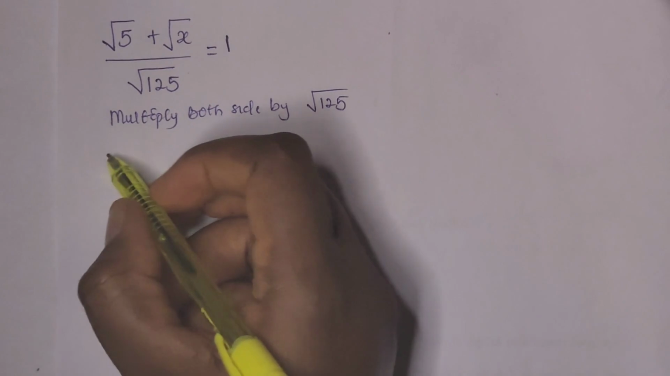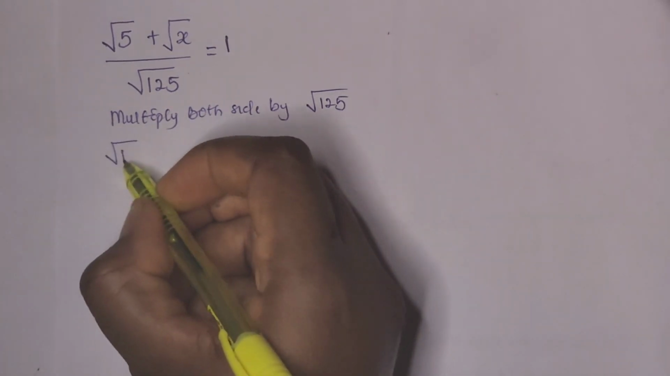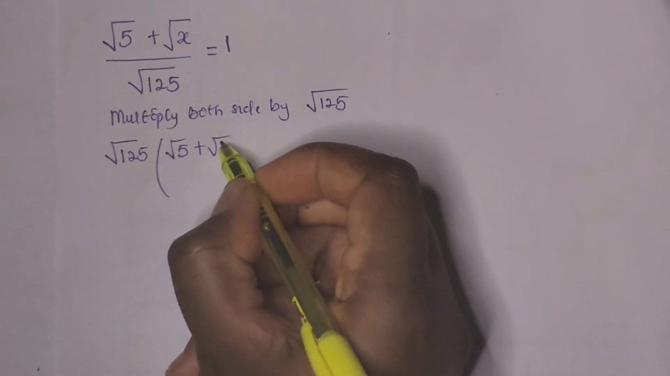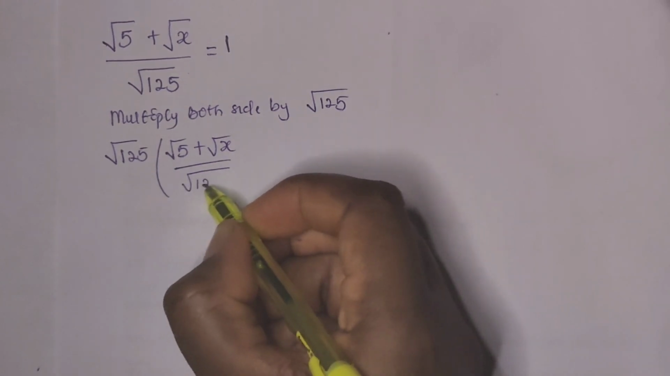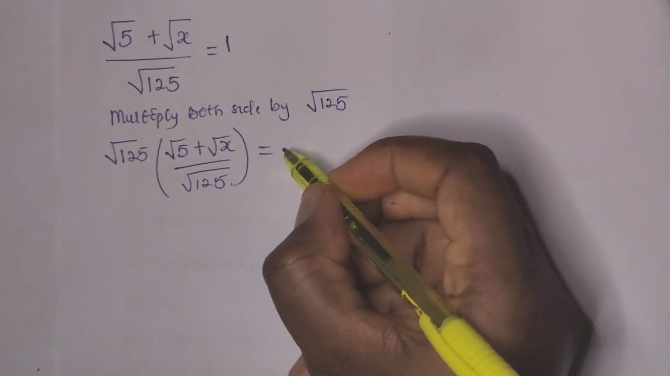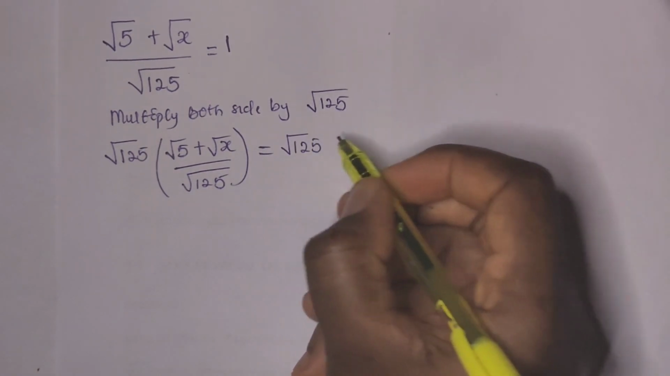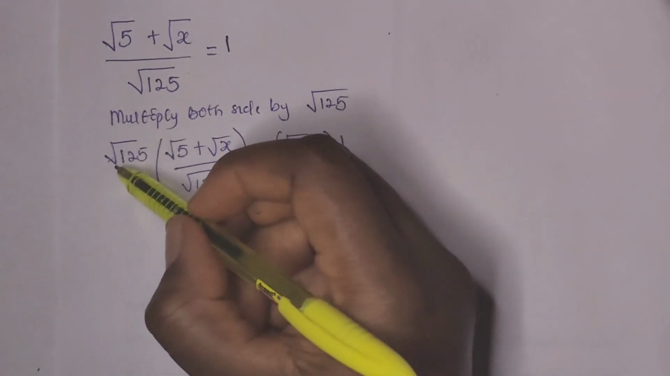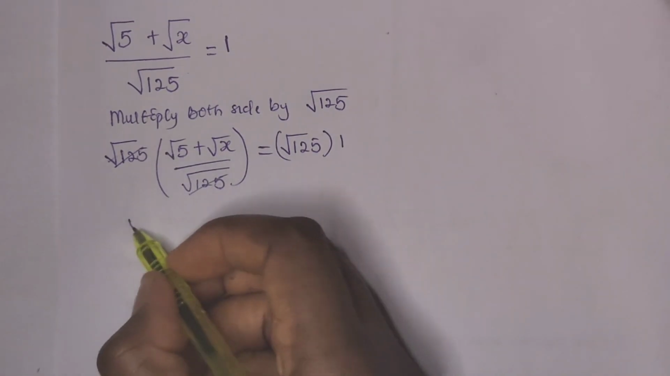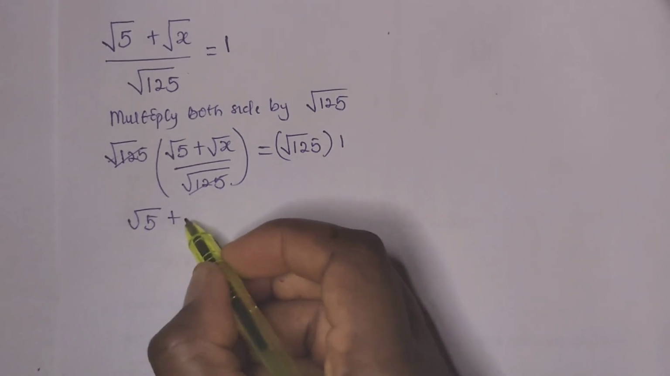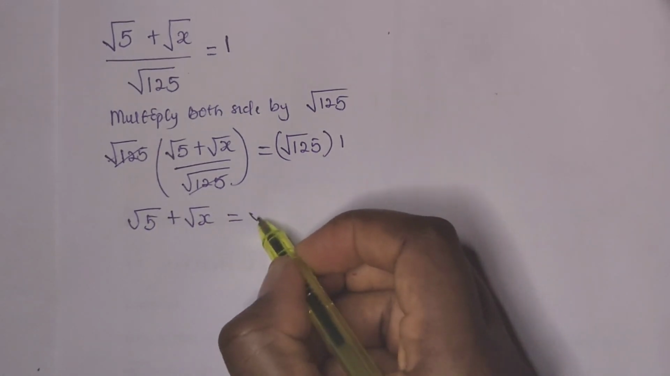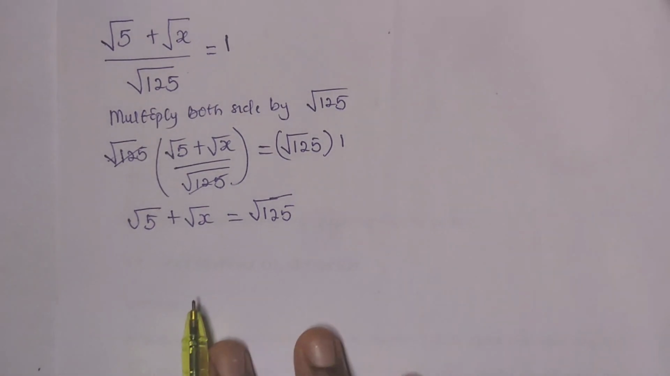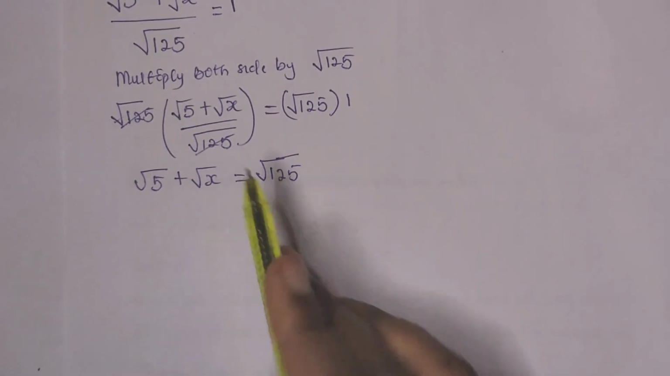So this would then be root 125 times root 5 plus root x all over root 125 all equal to root 125 times 1. So this will cancel this. We will then have root 5 plus root x all equal to root 125. So from here,